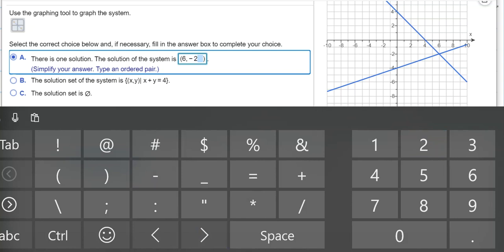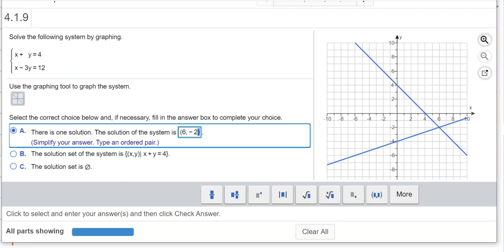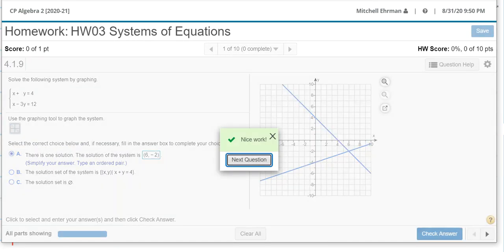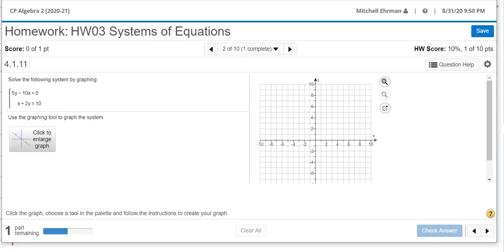See here, I might have to delete that empty space. There we go. So 6, -2, that looks pretty good to me. So when we check our answers, we get credit for that as well. The next problem appears to be a system by graphing equation as well, so you can use the same technique as before. I would like to jump ahead to